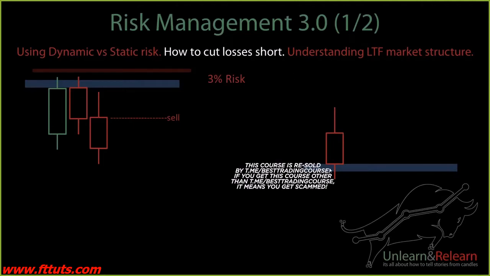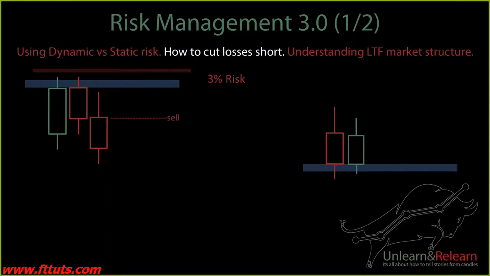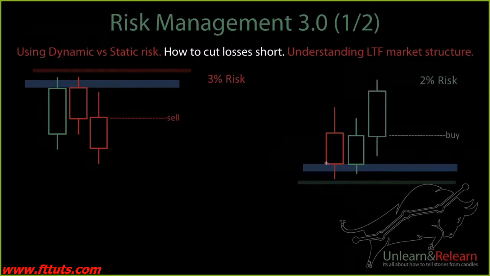So let's say you have a support, right? And candle is coming down towards support, it's bearish. And based on what we've learned, let's say this is a 1 hour support. If the candle has closed bullish, now there's a high chance that the next candle might continue going bullish, right? So if you think that the next candle is going to continue going bullish, someone can say, okay, I might want to take a buy and I might want to put my stop loss below the previous candle